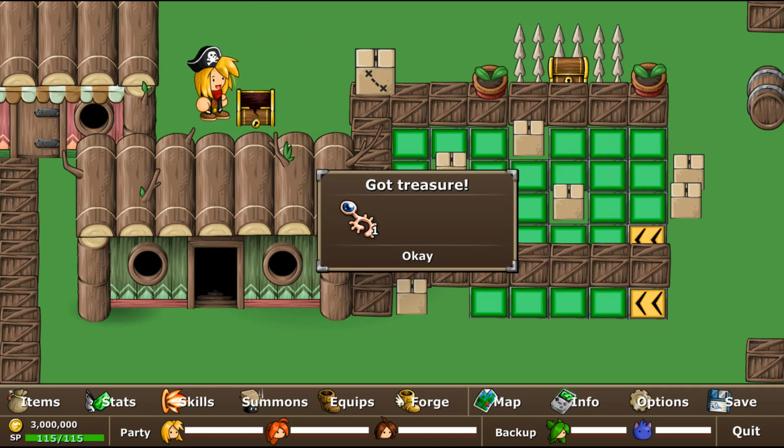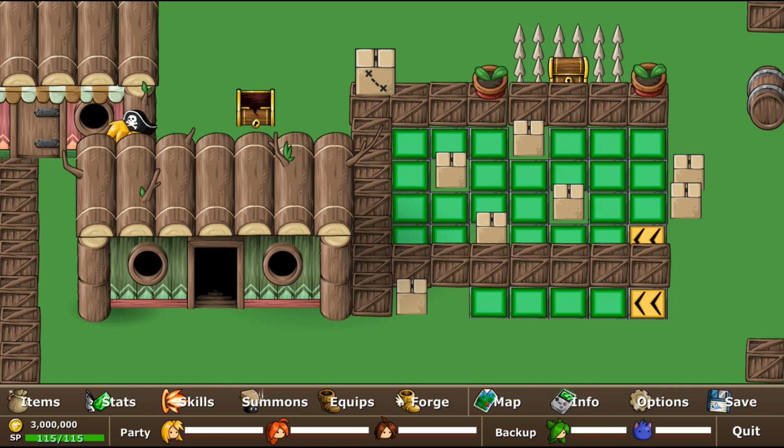Get our first item. You'll also notice that the chests explode very violently when you open them. I like that a lot. We get a coral key. Remove a single coral block. Pretty simple. While we're here, we're going to go ahead and head into this building here,